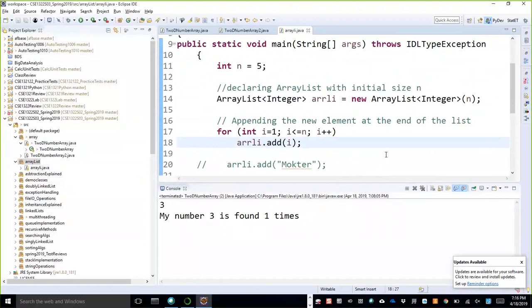An array is also a list, a kind of set. But what is the main difference between a list and a set? Remember, a set does not contain duplicate elements, but a list can contain duplicate elements.